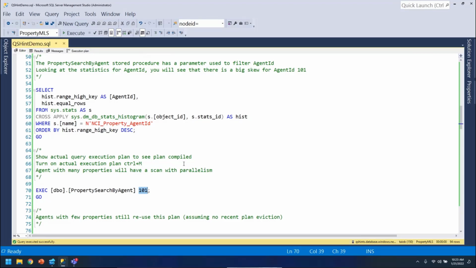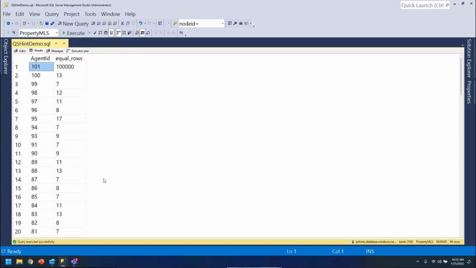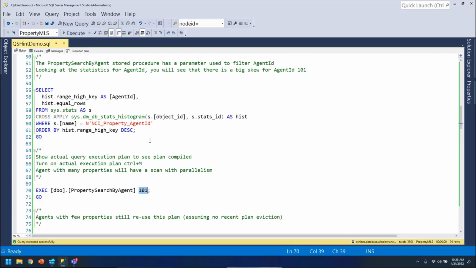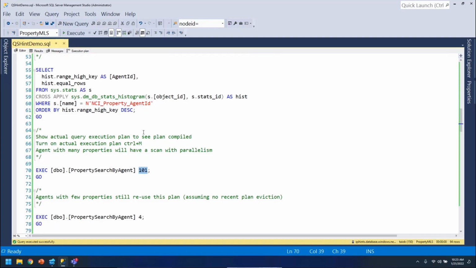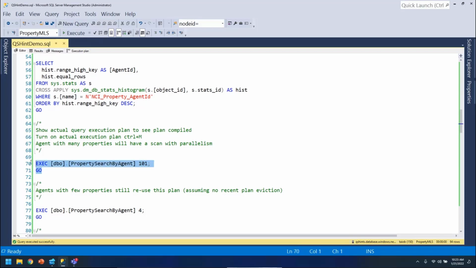Later on, when you run it with a different agent ID who has very few real estate records, you do not get an optimal plan because that plan gets reused, which is also an optimization in SQL Server, but sometimes it doesn't work for you if your data is not distributed evenly. So now if we run this,